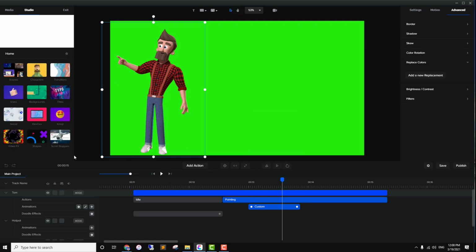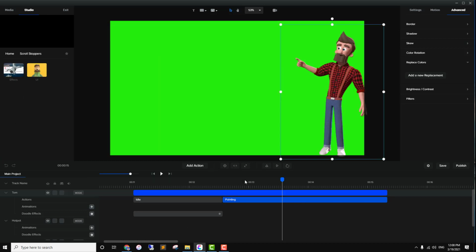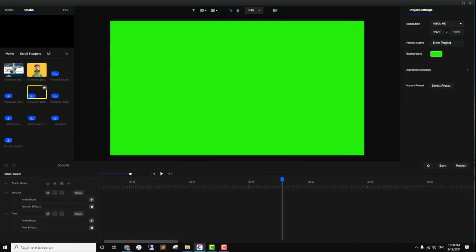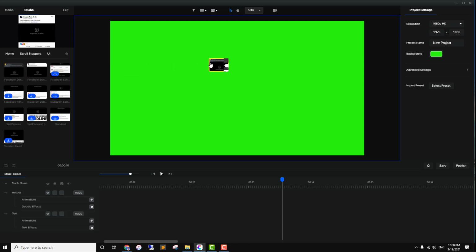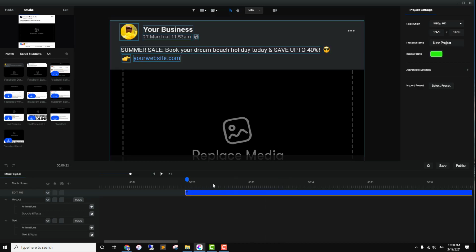And okay, so you are also getting scroll stoppers. So basically, let me just show you what I'm talking about. First of all, delete this thing. So actually my internet connection isn't super fast right now. So what you can do, let me just show you. So I will drag and drop it here. Mainly it is, I think, made for the,